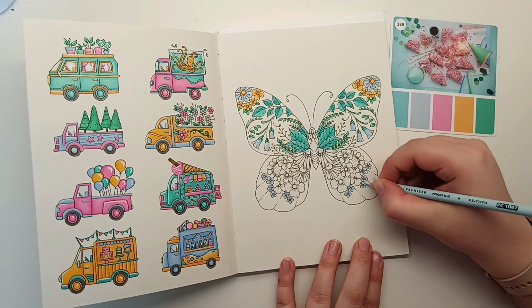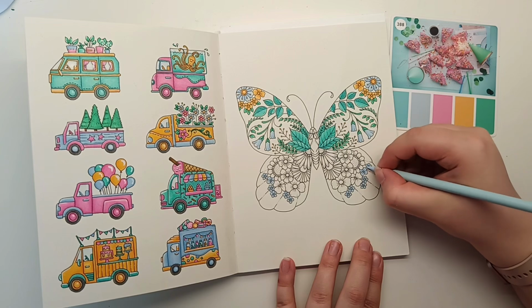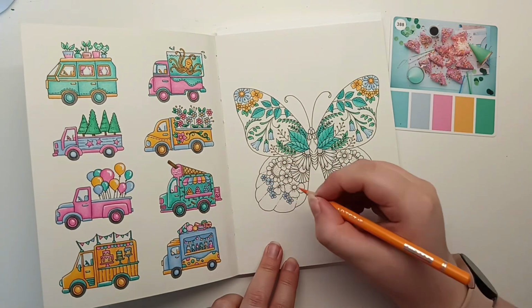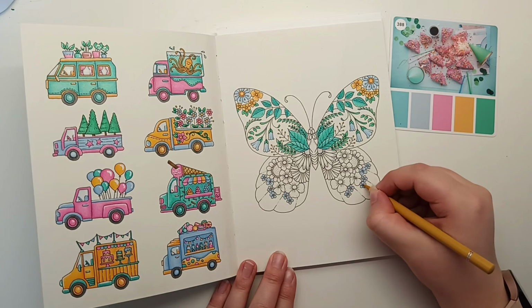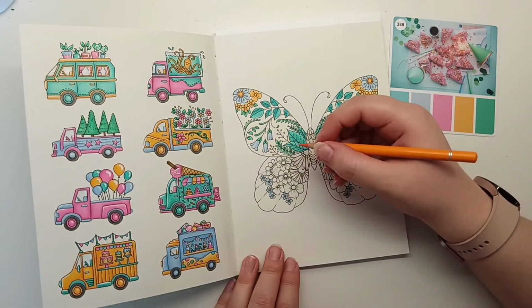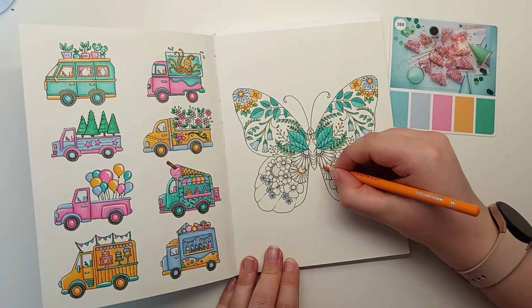Question 8. What is my favourite colouring style? Detailed, simple, colour by number, cute, horror, etc. I don't necessarily have a specific favourite colouring style. I like a variety of colouring styles, and that's probably... I can't think of the words. The fact that I like a variety is my colouring style, I would say, because I like the sweet and